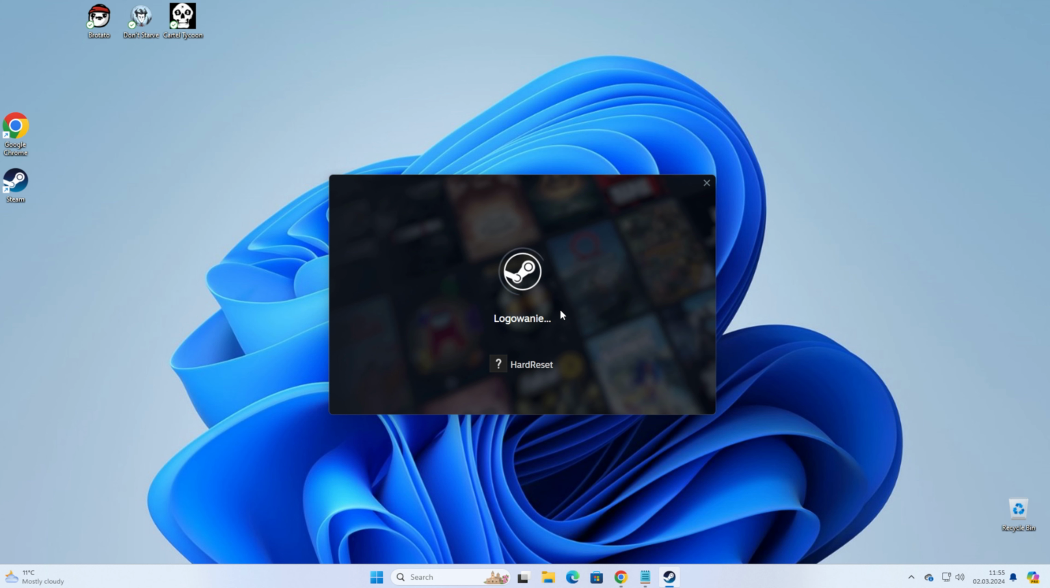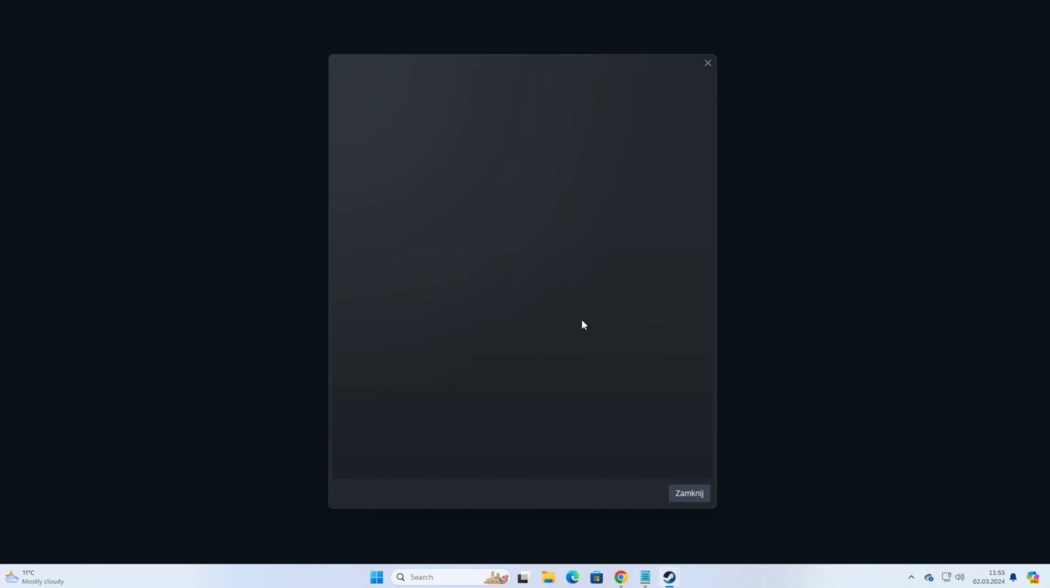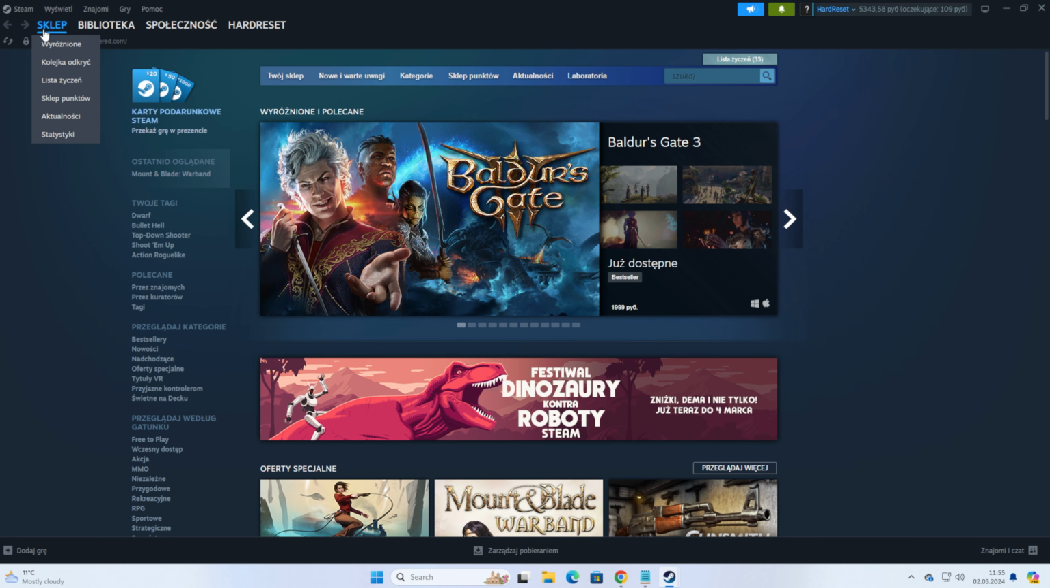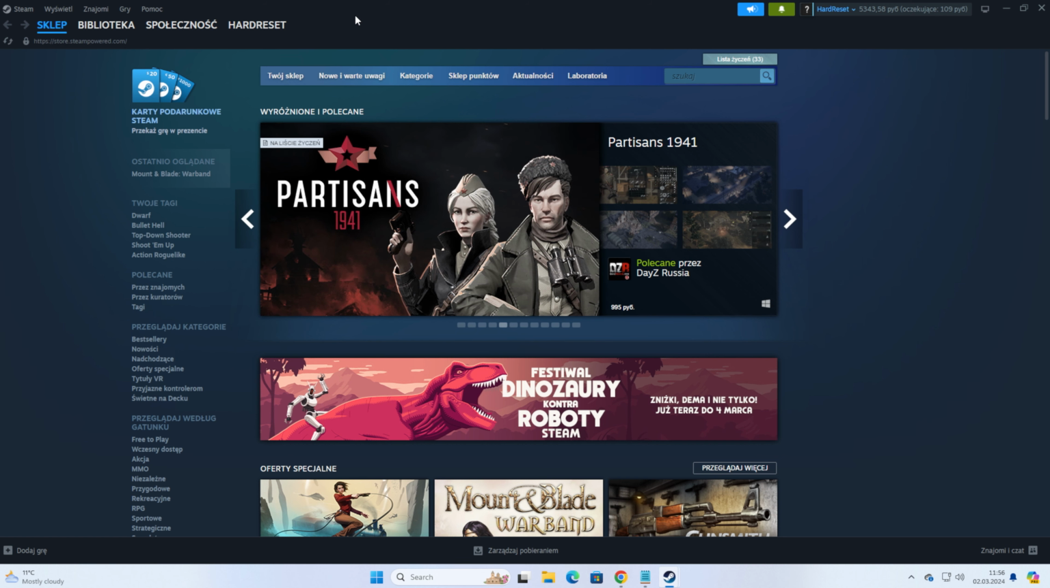Now, as you can see, Steam is being loaded and it is already showing us all the system menus in the language we have recently selected. That's how we can easily change language on Steam,